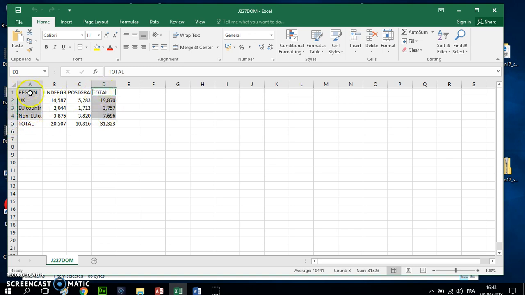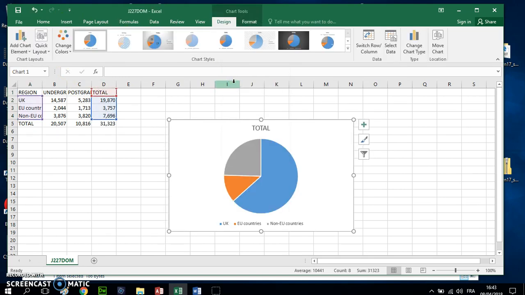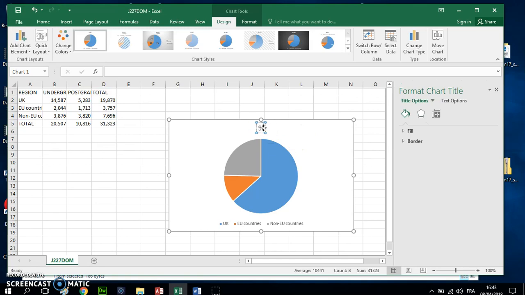So to select the two different groups, highlight the text that you're looking for. Holding Control allows you to highlight non-consecutive texts. Then insert, and I'm going to insert a pie chart. So this pie chart here should have the title, Students by Domicile. The legend should be displayed, which is down here, and we should have the percentage values appearing inside each of